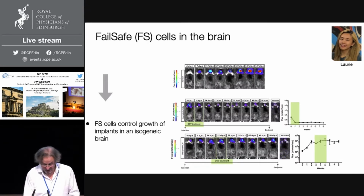Right? This is an experiment where you put embryonic stem cells into the brain and you see that it's growing and it's going to eventually kill the animal. And this was the experiment with the same number of cells put into the brain, and we applied ganciclovir treatment right after the transplantation. It shows that practically it eliminates the graft, a kill switch prodrug, when the cells are put straight into the brain. And here was what's quite interesting, because now we delay the ganciclovir treatment,